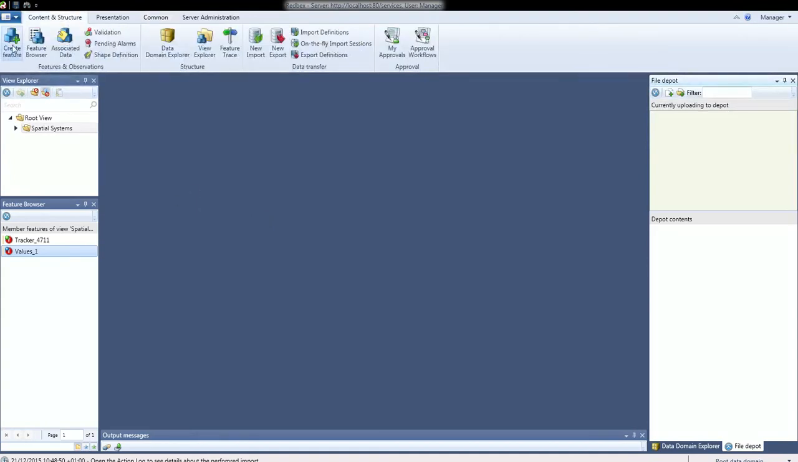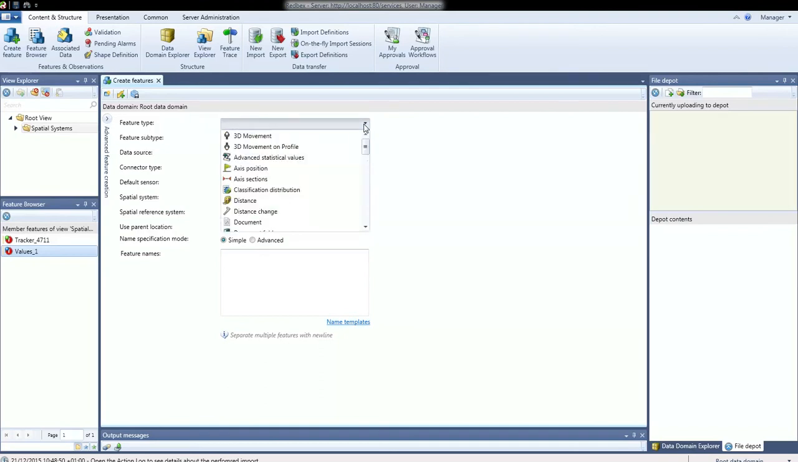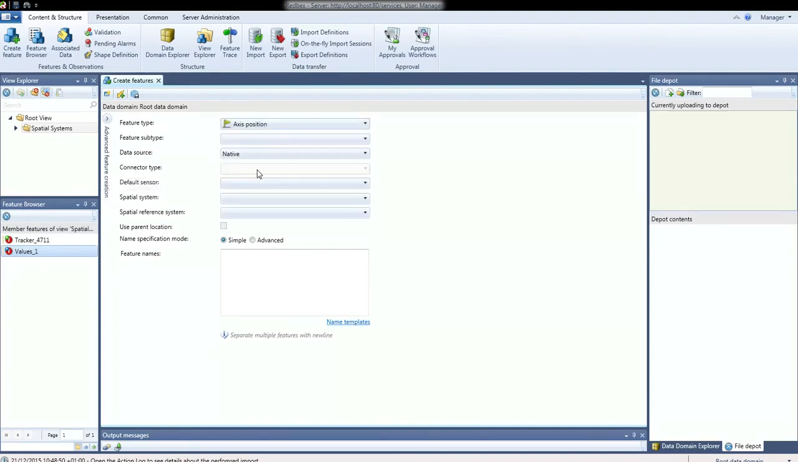Well, of course, we know from the first video, if I create a feature, then I have to select a spatial system. And these spatial systems which are available here of course differ by feature type. So not every feature type can be based on every spatial system. For example, if I would like to create an axis position feature, then this axis position feature only has the possibility to be based on a spatial system which is an axis. So I have to call up axis type,